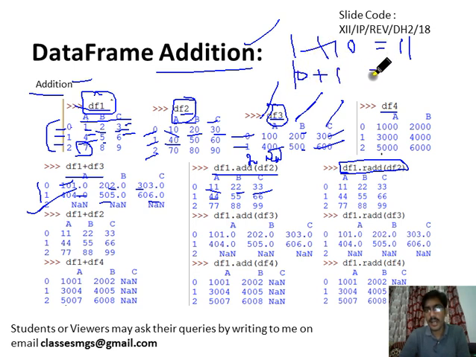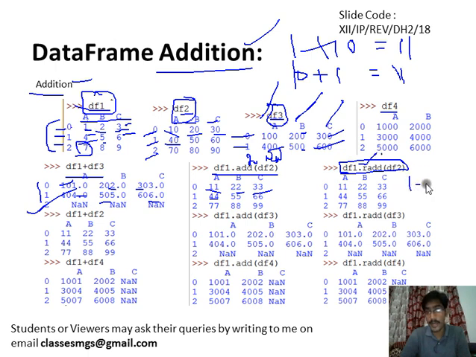So the output of the addition method will be similar, because if you do addition from the left side or right side, it will be the same value, but for subtraction it will be different,